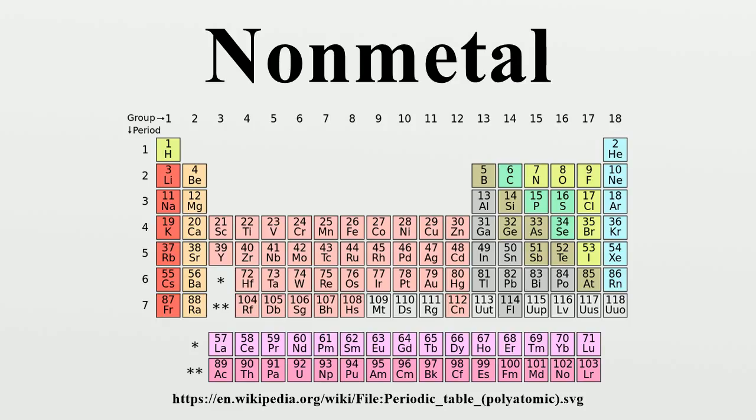The result is that a few borderline elements lacking a preponderance of either nonmetallic or metallic properties are classified as metalloids, and some elements classified as nonmetals are instead sometimes classified as metalloids, or vice versa. For example, selenium, a nonmetal, is sometimes classified instead as a metalloid, particularly in environmental chemistry, and astatine, which is a metalloid and a halogen, is sometimes classified instead as a nonmetal.